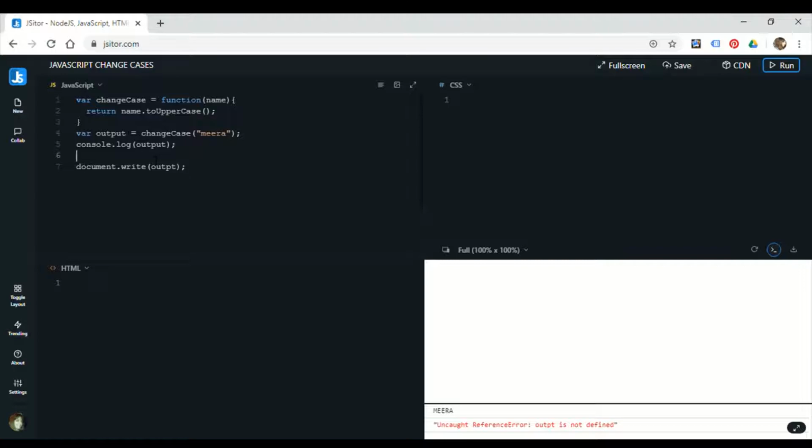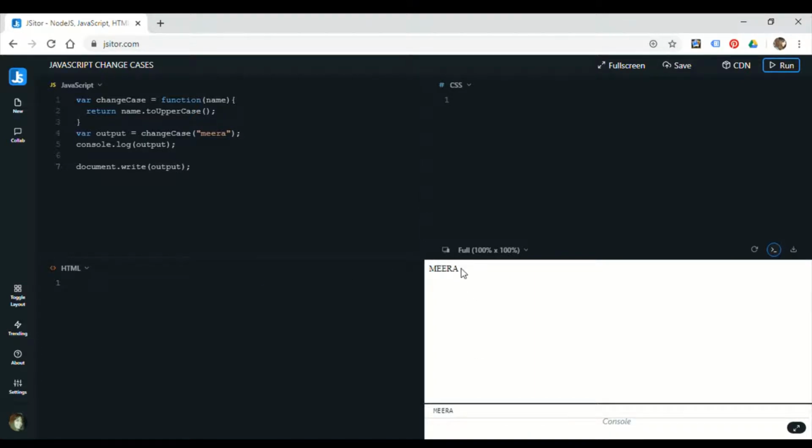Then after that, you come out of the curly brackets, and then we say we want to see the output. So I assign another variable by the name of output. So var output equals changeCase. Because changeCase was your initial function, first changeCase, and then within brackets, let's say I consider a string by the name of Meera, for example.